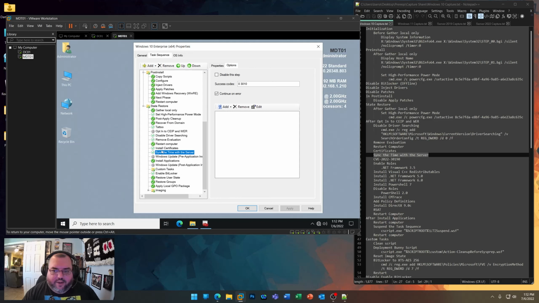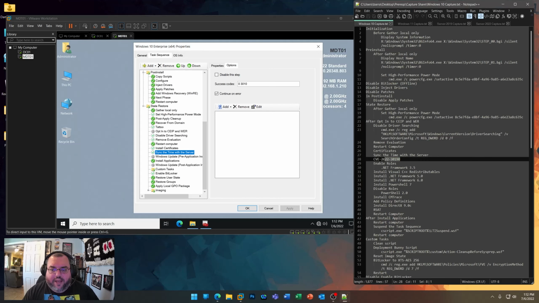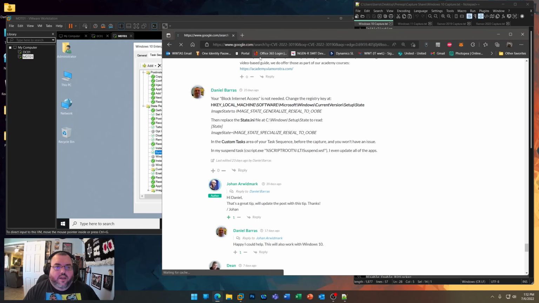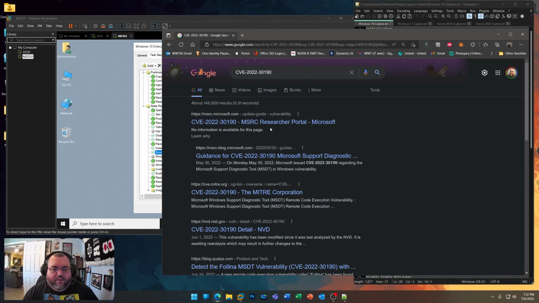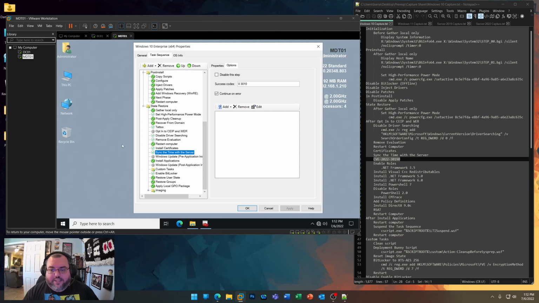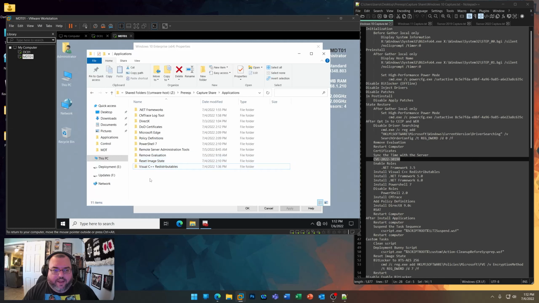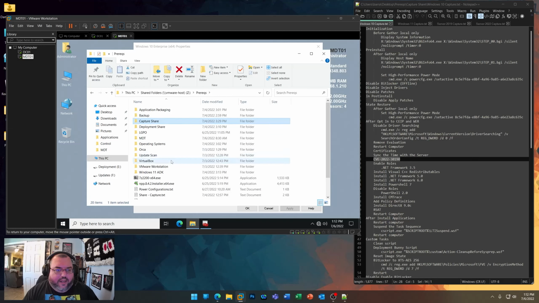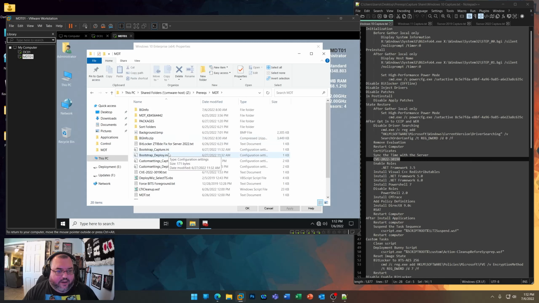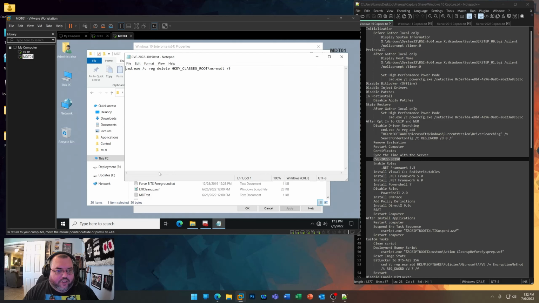There it is. Sync the time with the server. Now there's been a CVE that came out, a 0-day, and it's a remote code execution vulnerability, and I have been placing it into our capture and deploy task as well to make sure that we are mitigated against that. And I also placed that here. It's just one command, and you're just removing this HKey classes